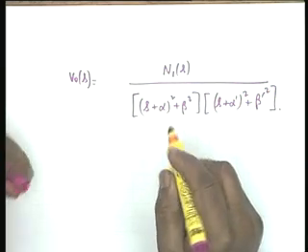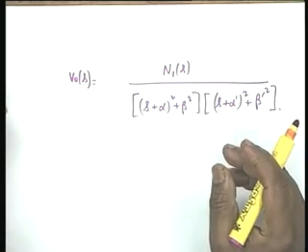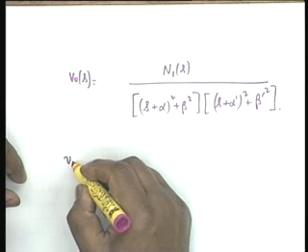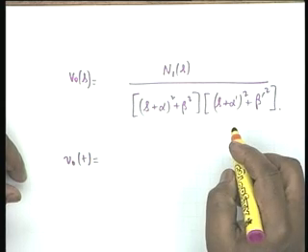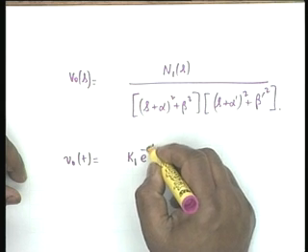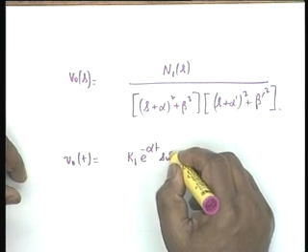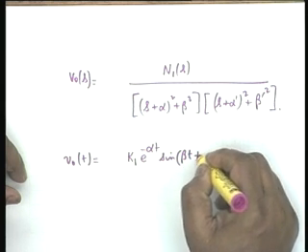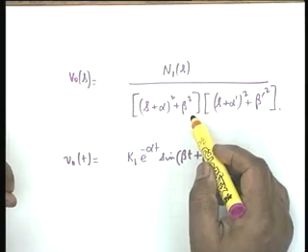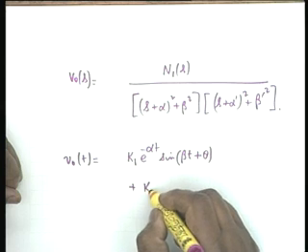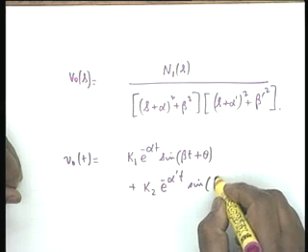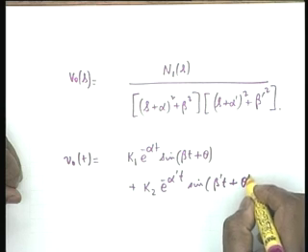Now, if I make a partial fraction expansion and take the inverse transform, does it stand to reason that V0(t) will be of the form k1 e to the minus alpha t sine of (beta t plus theta), due to these two poles, and the other term would be k2 e to the minus alpha prime t sine of (beta prime t plus theta prime).